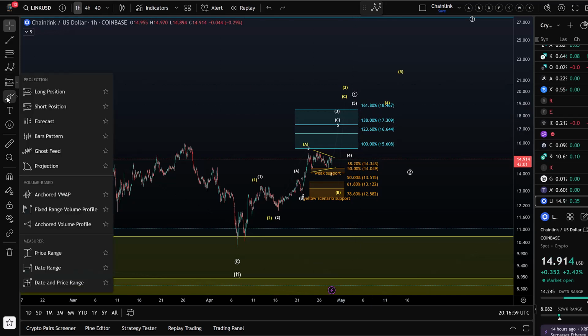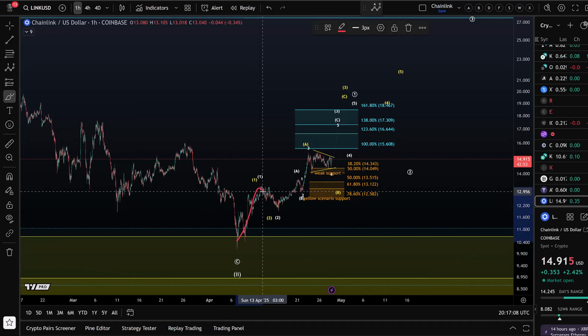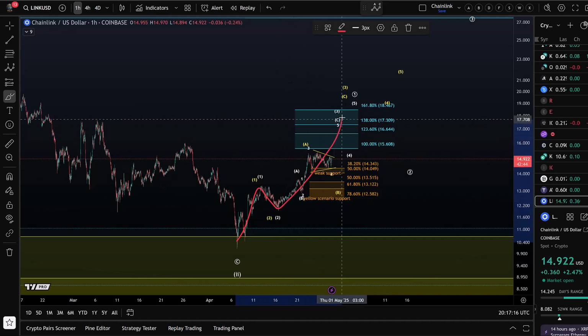Quick explanation here. If we assume that on the 7th a low formed, then this here was the wave 1. This was the wave 2, that was the swing low on the 16th of April. And we're now in a third wave. This is a bit tricky. I don't like this wave count at all on the nano level, because the proportions look a little bit strange, but it is an absolutely valid wave count.